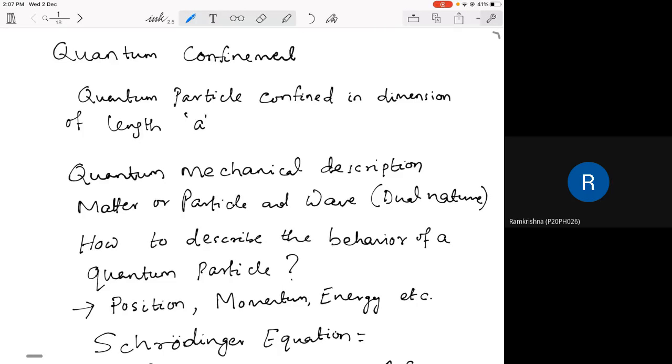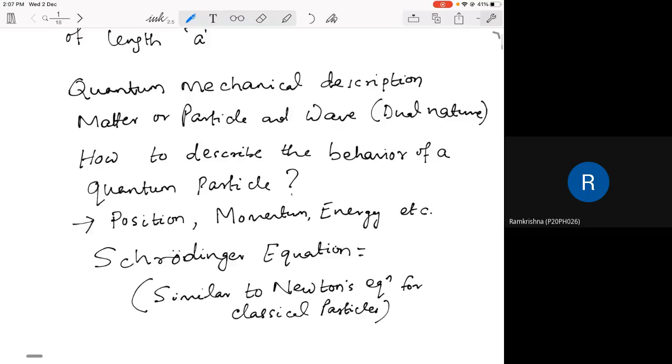But the most interesting thing is, how do you define or describe the motion or the electronic structure of a quantum mechanical particle? This is a very basic part of quantum mechanics. For example, if you want to know its position, its momentum, or energy eigenstate, and so on. That is actually given by